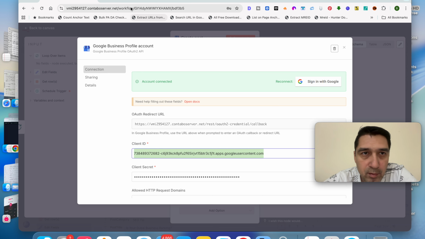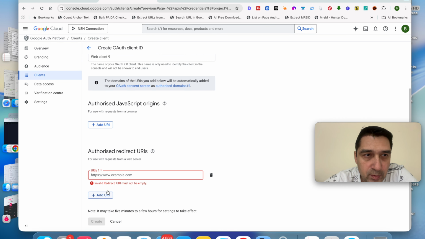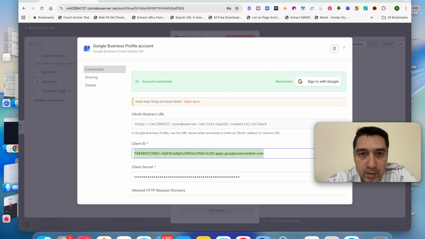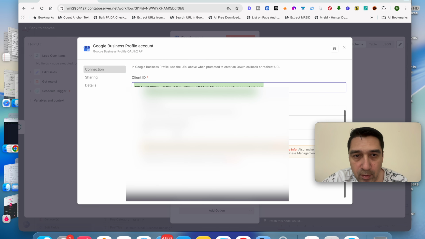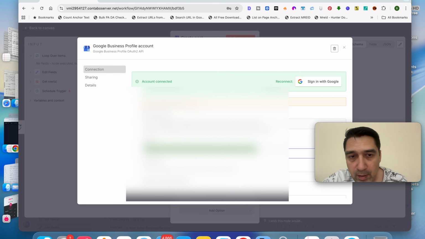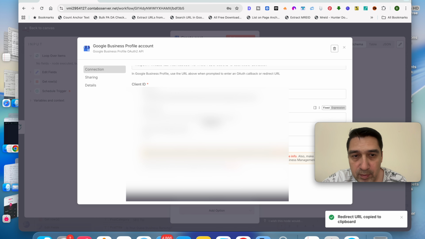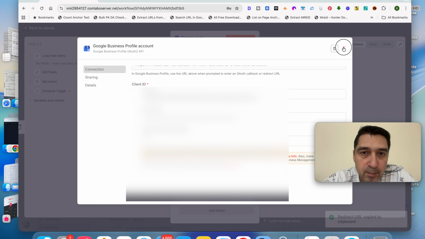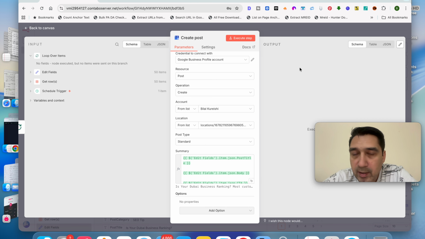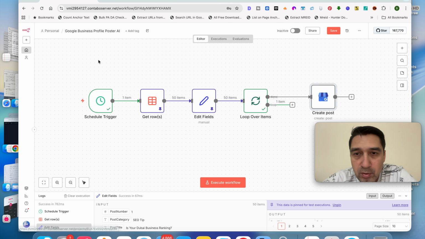This will be what you receive over here. Once this is created, you will receive all of this information. Sorry, I have to blur this out, but you'll enter in your client ID. This will be your OAuth URL. This will be your secret, what you receive. And once you set this up and you have quota, you can start executing automatic posts to your Google